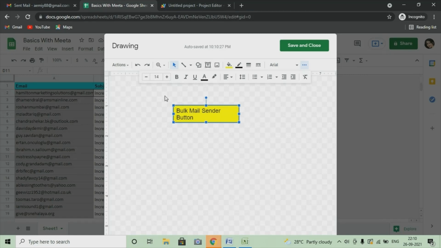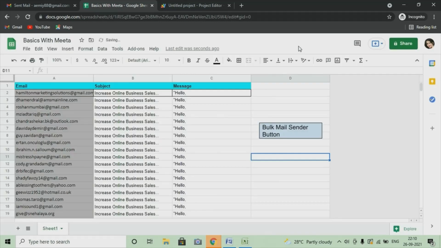Bulk mail sender button. You can resize it as per you, you can make the button. You can get the entire option here to give it a color, to make it bold. So the entire thing you can get. Now you have to select save and close.